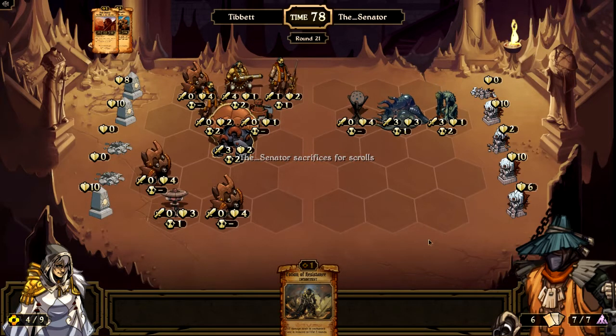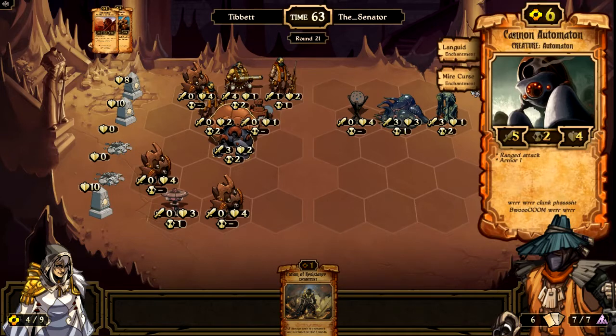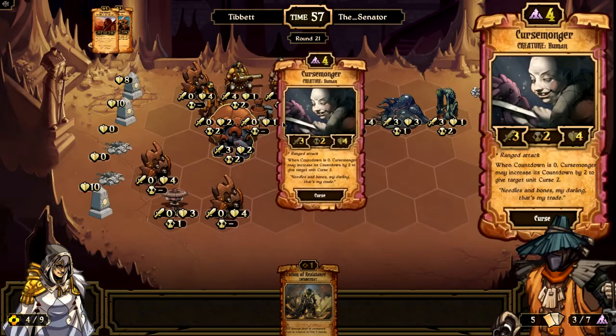And now, if he casts anything, he's got to take 6 idol damage immediately. And that's a big problem for him. It means he can only play creatures right now. And if he only plays creatures, then he's going to be at risk of his creatures getting destroyed. At the same time, though, the fact that I can't put my Cannon Automaton next to anything is really kind of a problem. I could put it next to structures, so I could put it right here and it wouldn't actually...